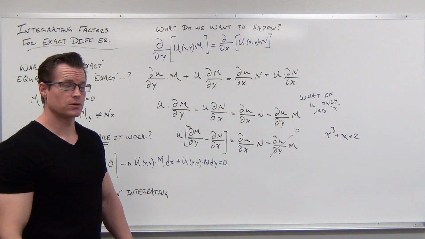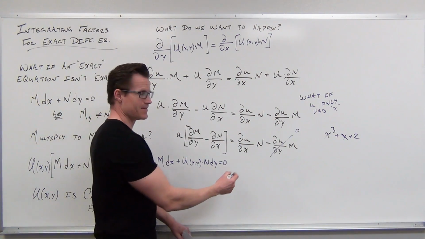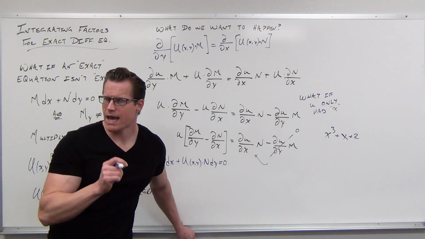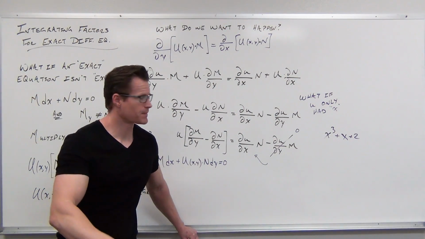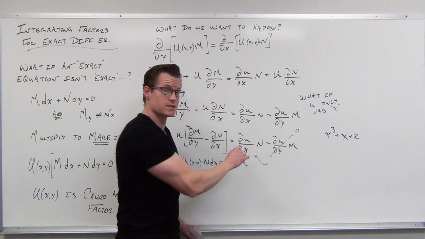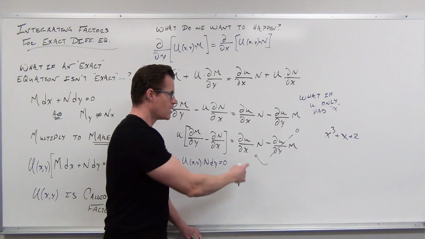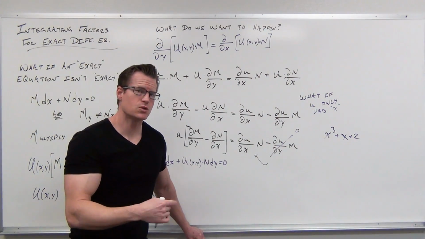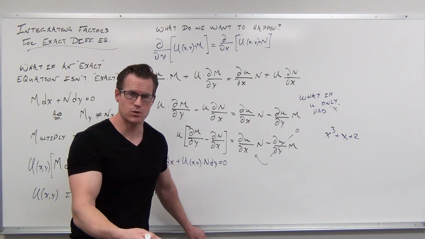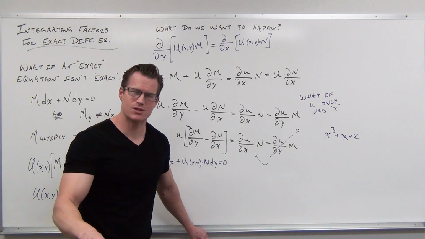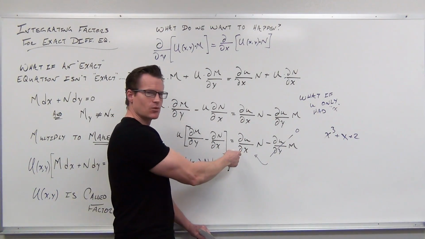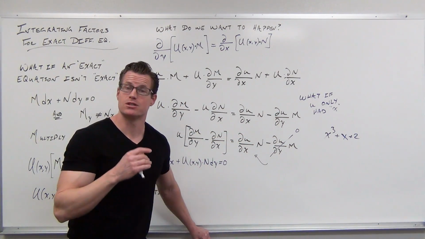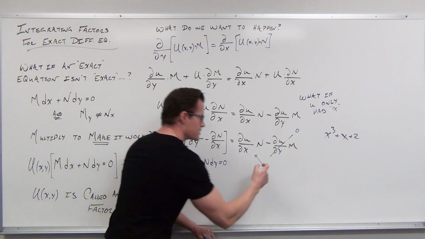Now we make one other little alteration, and it's right here. This is important for you to get. If u only has x's and no y's, not only would the partial derivative of u with respect to y be 0, because there's no y's, all the x's would be held constant, but the partial derivative of u with respect to x is no longer a partial. Because u only has x's, you're literally finding the derivative of u with respect to x, not a partial derivative. Do you get that? If it doesn't have any y's, you don't need to take a partial. It's just literally, hey, take the derivative with respect to x. No problem, 3x squared plus 1. That's not a partial derivative. So this becomes